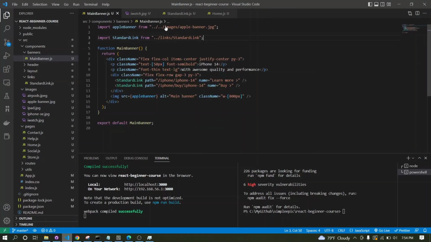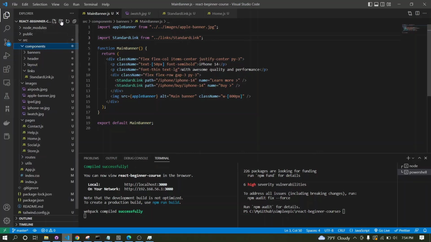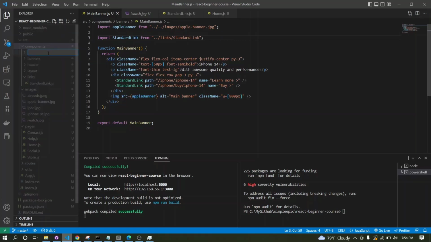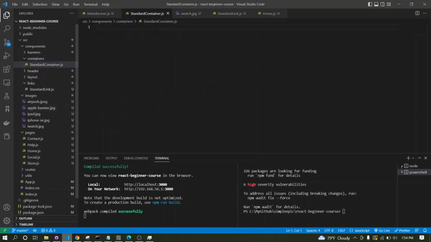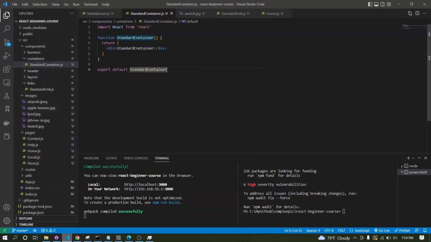Okay, so I will create another component. What is a name? We have banners, so let's say maybe containers, right? If you have a better name, please have it. Okay, I will call it containers. I will call this standard container JS, so RFCE, and